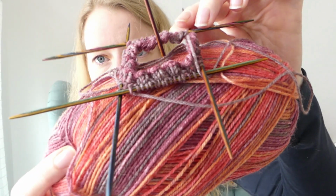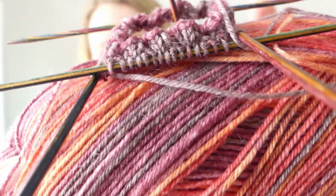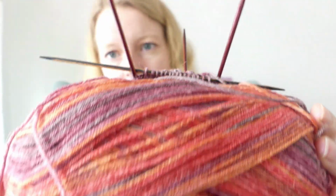So yeah, here is the yarn again. I have cast on, as you can see. It's a 2x2 ribbing, and it's my Opal yarn. My goal is to finish my Opal subscription until the next one arrives. So that means I still have to knit 3 pairs of socks in 1.5 months. I can do that. But I also want to squeeze in here and there other projects and other yarns,